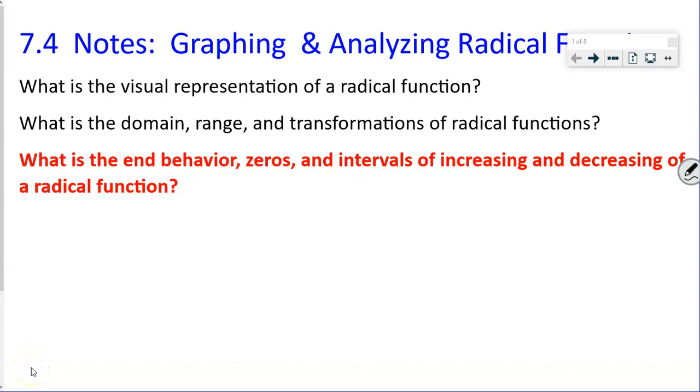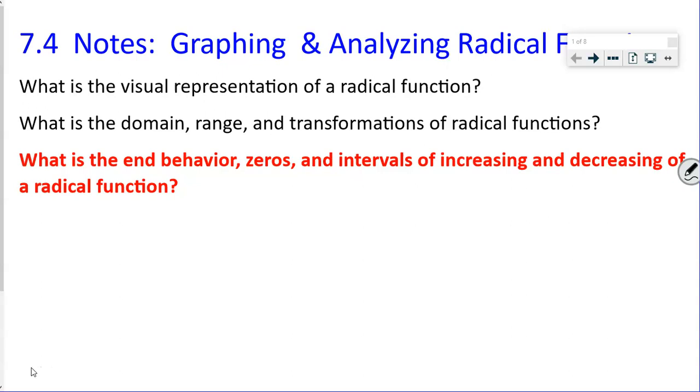Today we're going to graph and analyze radical functions again. The other day we talked about how to graph them, and we talked about the domain and range and the transformations of radical functions. Today we're going to go over the end behavior, zeros, and intervals of increasing and decreasing of radical functions. But before we do that, I want to review a little bit what we did in